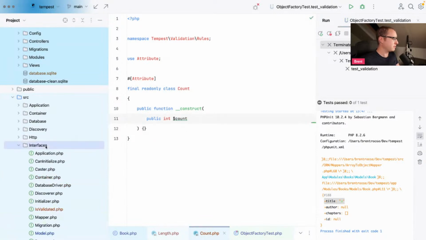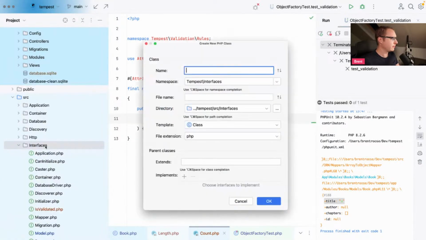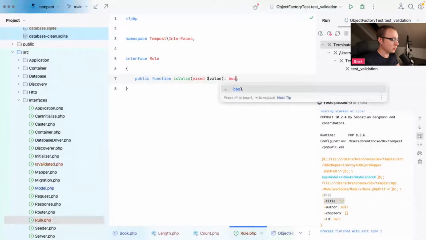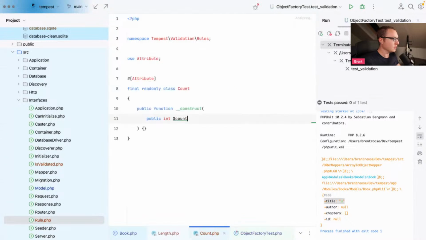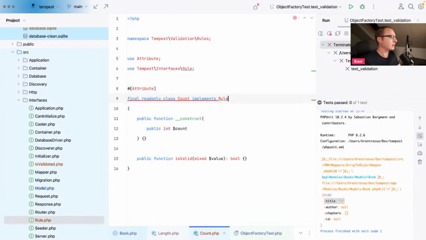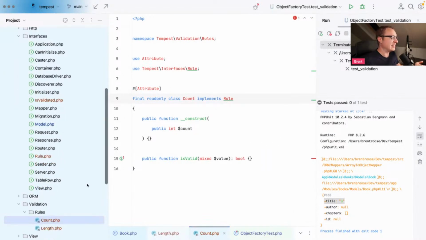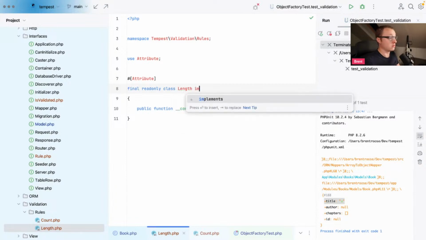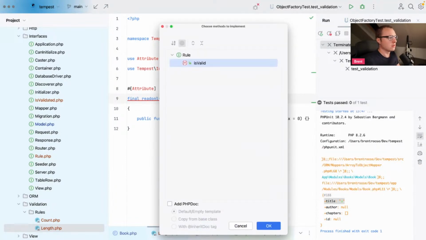And we'll also have to provide an interface for it. Rule interface, and this interface will define whether a value is valid or not. So mixed value basically, and it should return a boolean, right? So let's implement rule like this, and every rule will basically decide whether the given value is valid for that rule or not, right? I'm just going to make 2 now